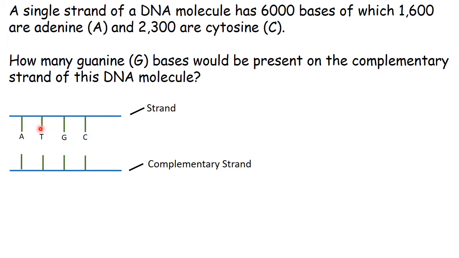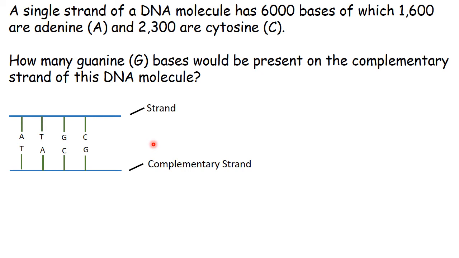If there's a base on the original strand that's an adenine, the base on the complementary strand that's going to pair up with this, we should know from our base pairing rules, is going to have to be thymine. If there's a thymine on the original strand, the base that's going to be pairing up with this is going to have to be an adenine. If there's a guanine, it's going to have to be a cytosine, and if there's a cytosine, it's going to have to be a guanine. Okay, so we need that bit of knowledge about DNA molecules before we go on and carry out the problem